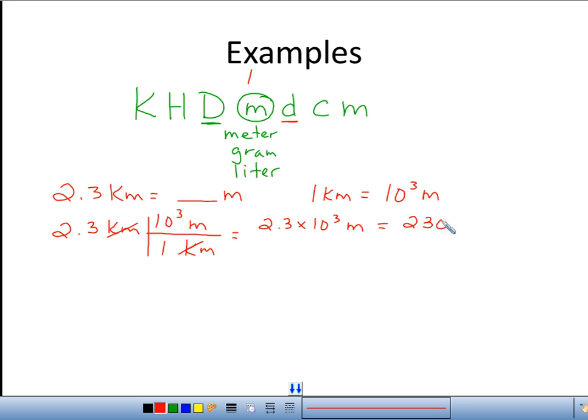2,300 meters. Okay? So that's how you go from a larger unit to the base unit. Well, let's say we wanted to go the other direction. Let's say instead we're going to do, let's say we have